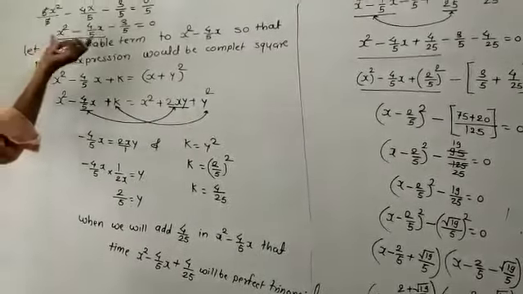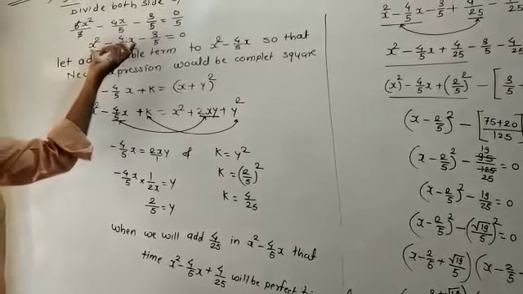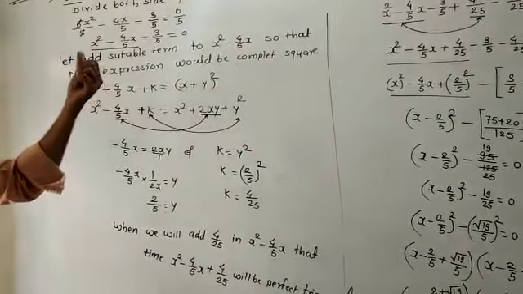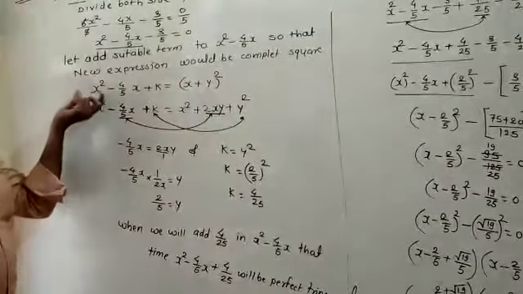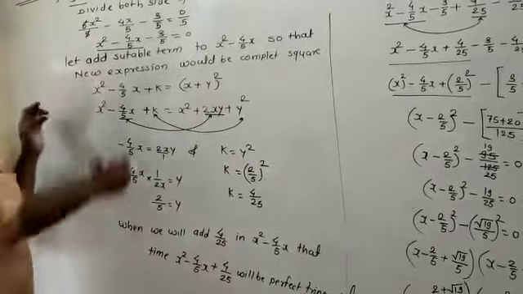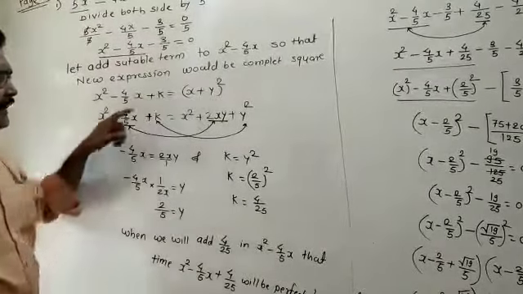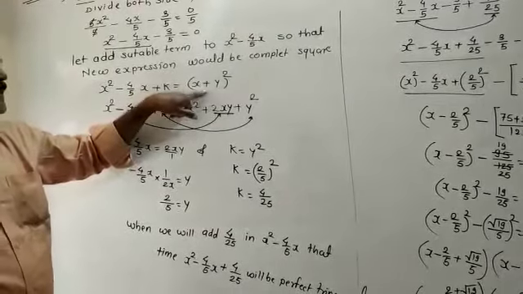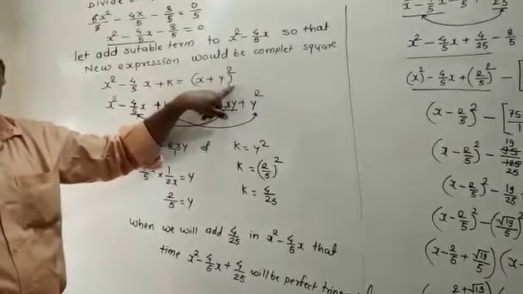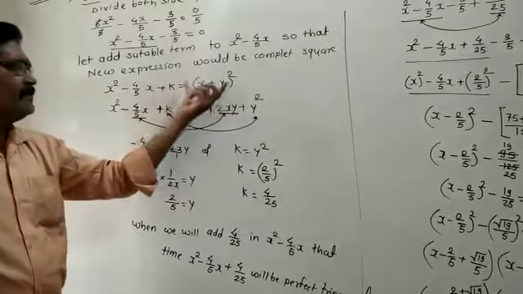So with these first two terms you have to add a suitable square term. At that time that expression will be the complete square. So the x square minus 4 upon 5x as it is, you have to add one of the square term k here. At that time the new expression will be (x plus y) bracket square. Then you have to write this equation as it is. You have to do the square.